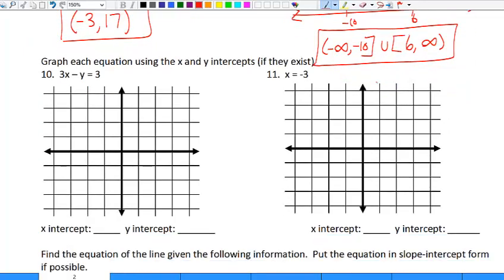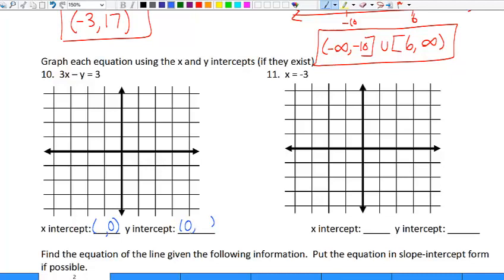So for these next problems, I'm looking for the x-intercept and the y-intercept. There's two ways of doing this. I can either graph the problem and then find the x and y-intercept from the graph, or I can solve for the x and y-intercept first and then graph. It doesn't really matter which way you like to do it. You can do it whichever way you want. I'm going to go ahead and find the x-intercept first and then the y-intercept, and then I'm going to use